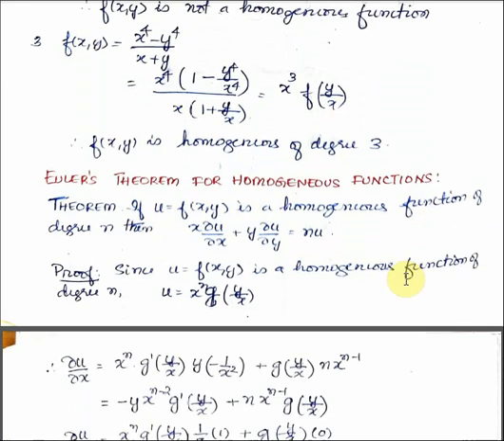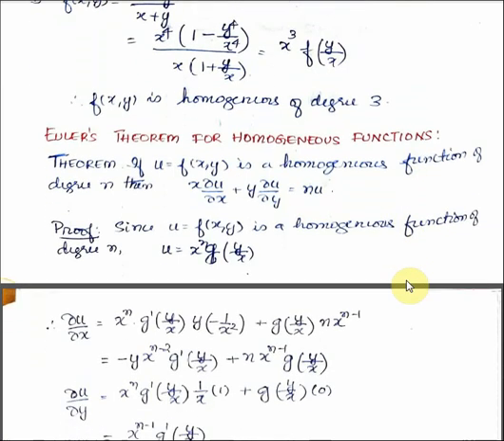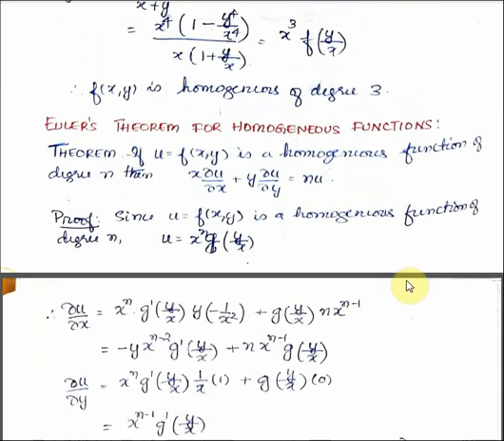Then in homogeneous functions, we have an important theorem. That theorem is called the Euler's theorem for homogeneous functions. What does the Euler's theorem state? It says that if u is equal to f of x y, a homogeneous function of degree n, then x ∂u/∂x plus y ∂u/∂y is equal to